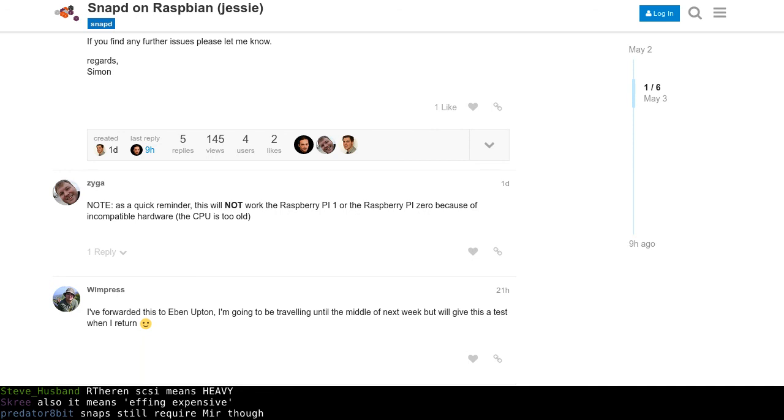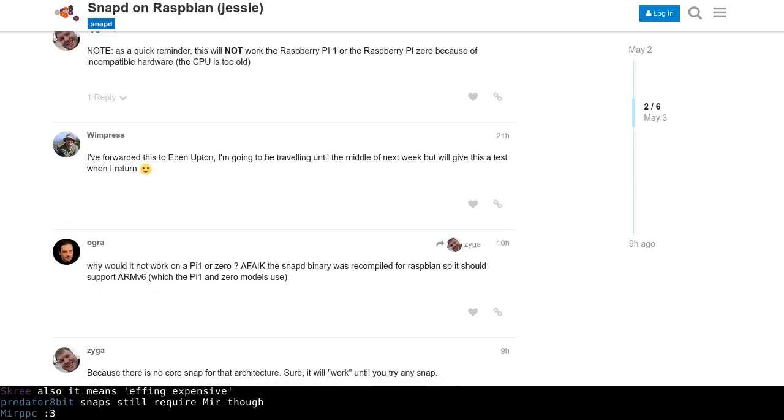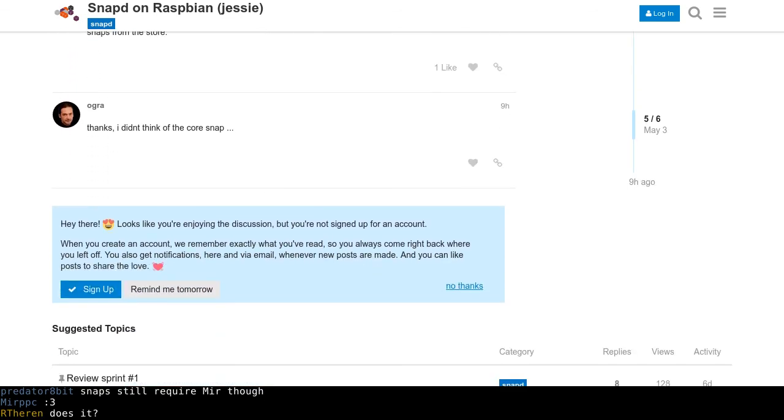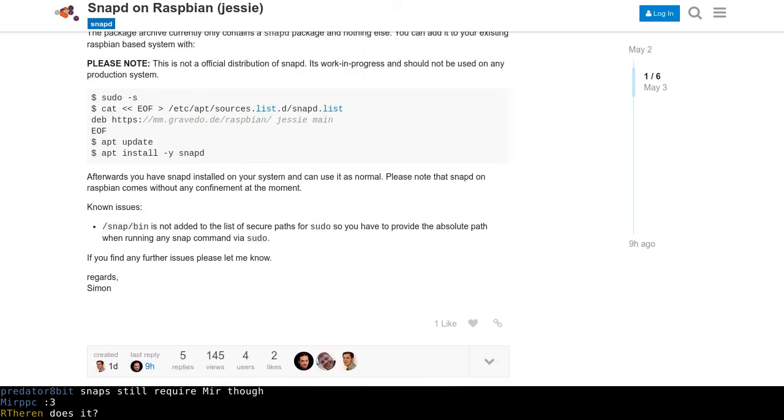Check this out, man. There's a bit of a note that this will not work with the Pi 1 or the Pi 0. Incompatible. Oh, and speaking of Wimpy, there he is. Yeah, there he is. So you actually need a Raspberry Pi 2 or a Raspberry Pi 3 for this to work. Don't know exactly why, but there it is. Guess Martin will let us know for next week. But yeah, since it's a very focused deployment that you're doing with a Raspberry Pi, chances are it kind of makes sense to have a container to run your software, or the software that you want to run on that particular device, from Snap.